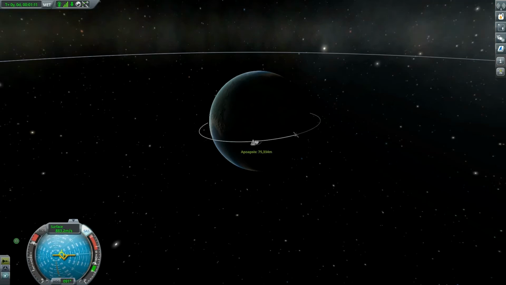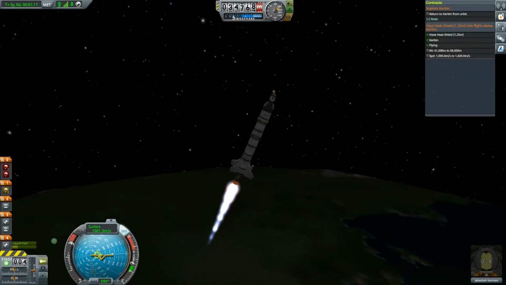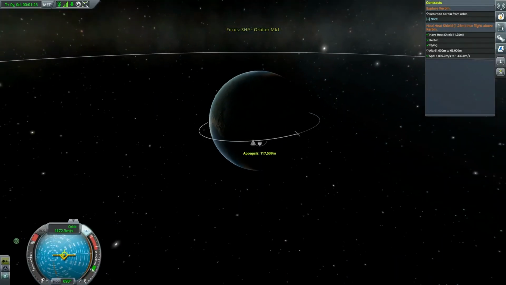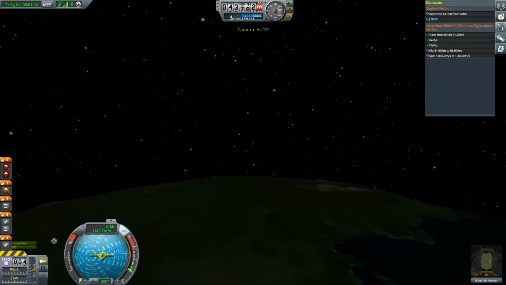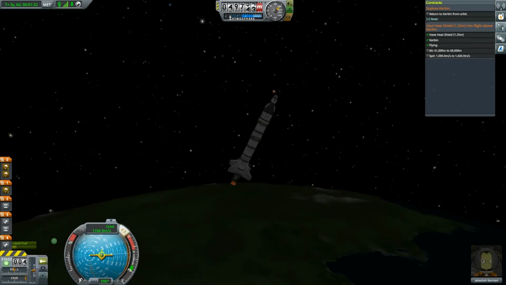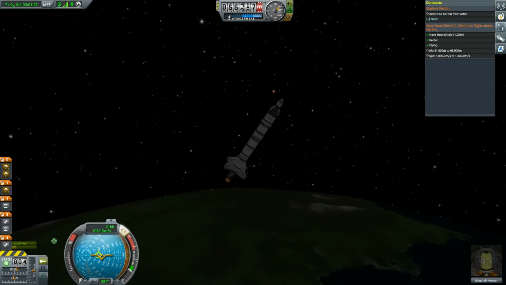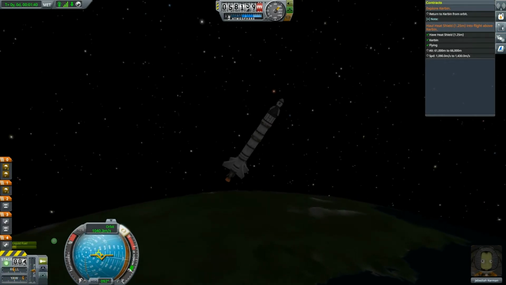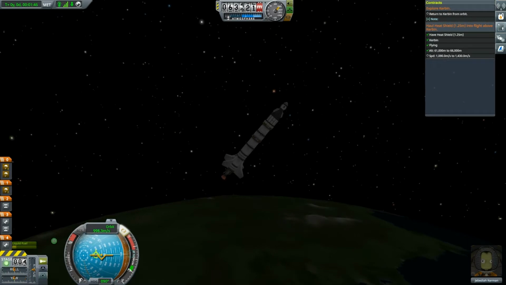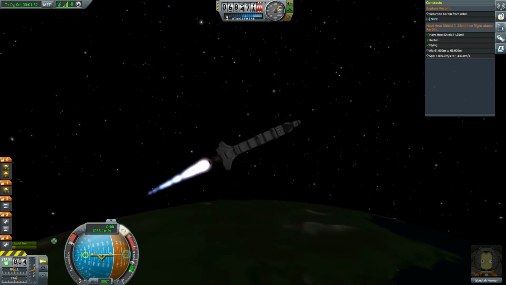Let's see how we are doing on the fuel. Not the world's best, but okay. Ooh, too much. 117 is the one of choice. Well, I do have some control over the rocket, which is great. Now let's just...